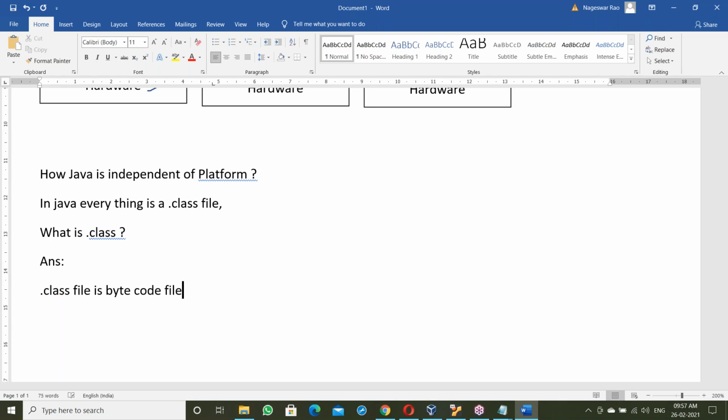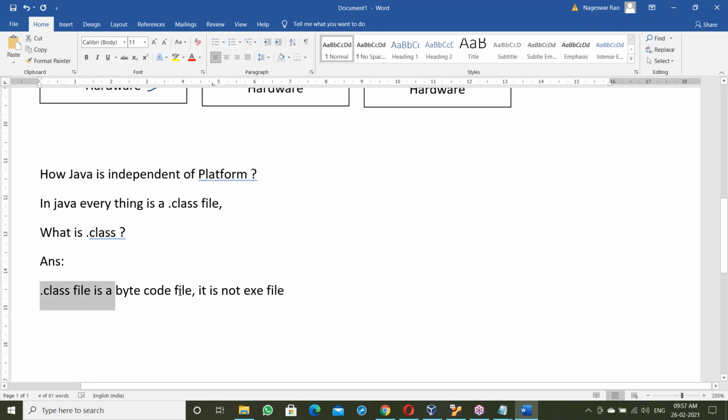It is not an exe file. Dot class is different from dot exe. A dot class file is a bytecode file, not an exe file.